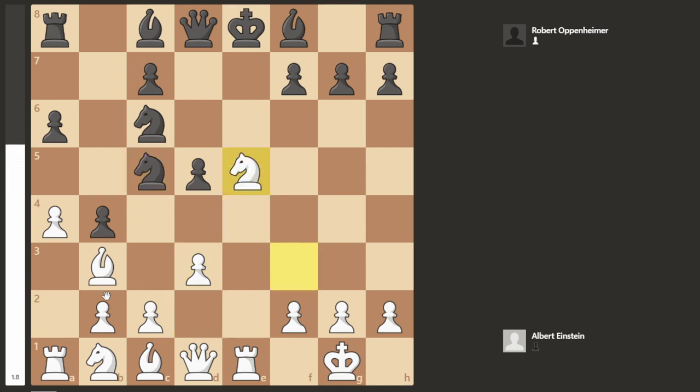the knight, and Albert Einstein just takes the pawn on e5, hitting this. This is a discovered check. If the knight moves here, then the rook is gone because of the discovered check. Or maybe goes here, then the queen is just gone. So Oppenheimer in this position plays knight to e7, and then Albert Einstein responds with queen to f3, setting up